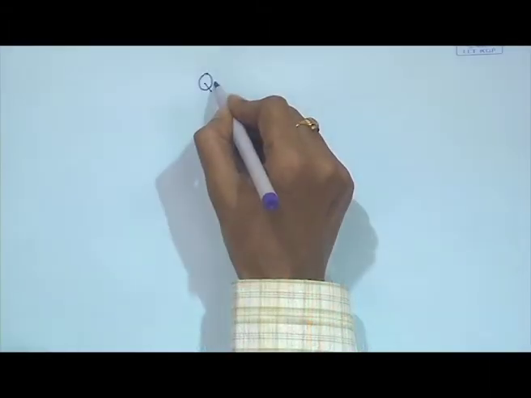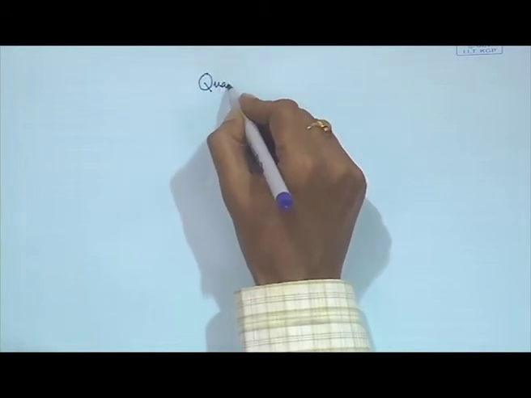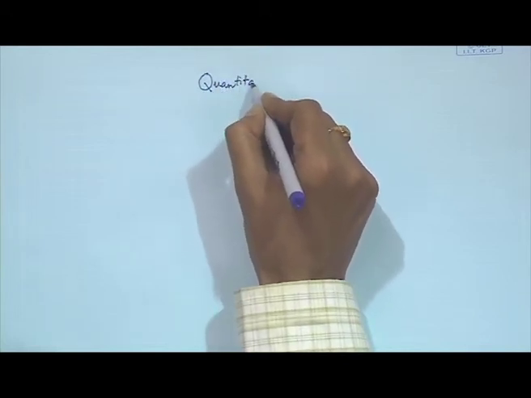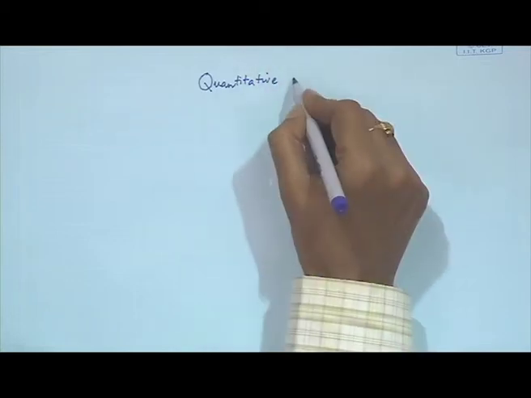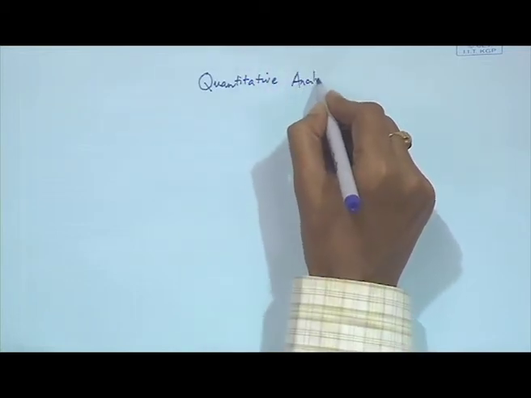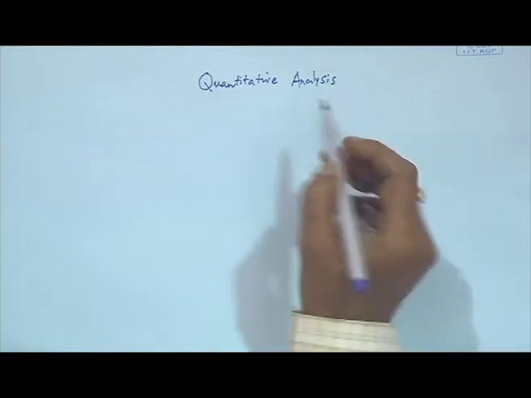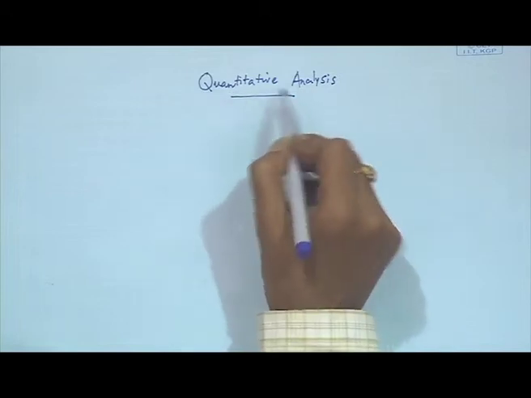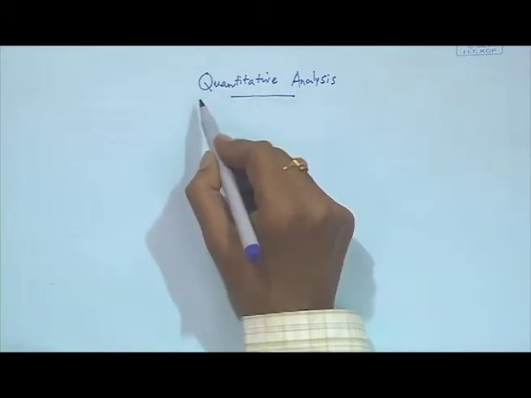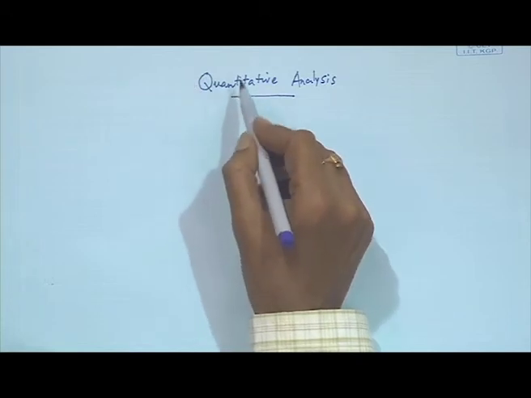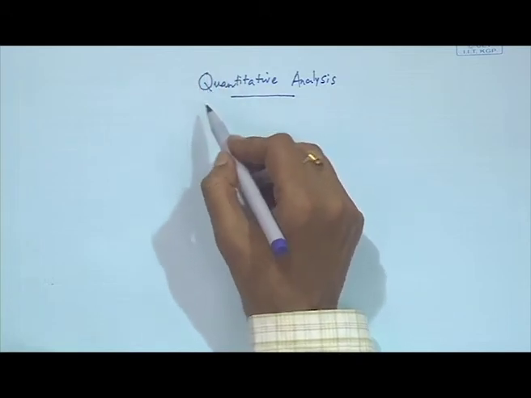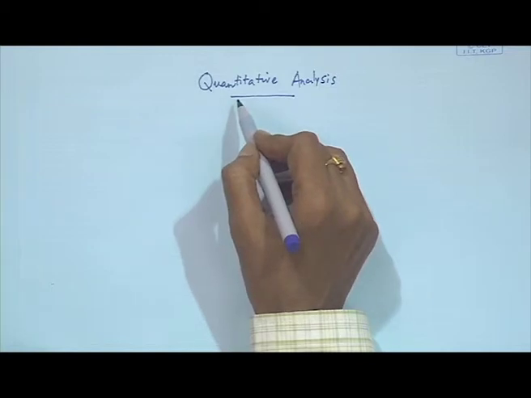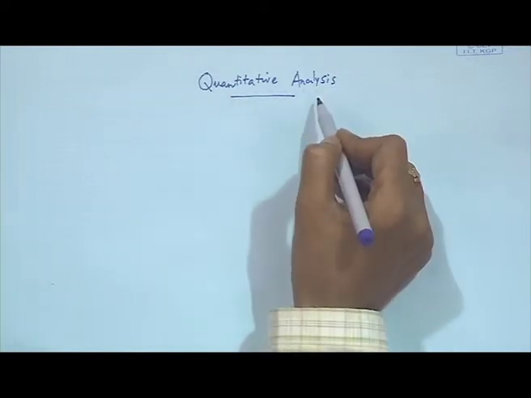So, if we get this particular procedure for any quantitative analysis where we try to know the quantity. So, quantitative analysis or quantitative chemical analysis will tell us how much quantity of iron or how much quantity of sulfur or how much quantity of any other material or metal ion is present in this unknown sample.